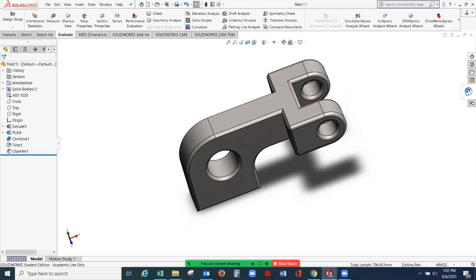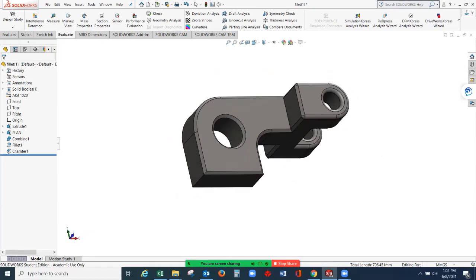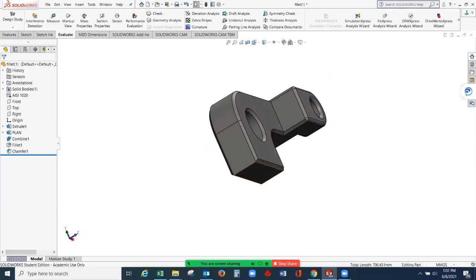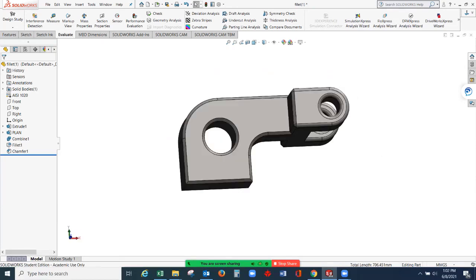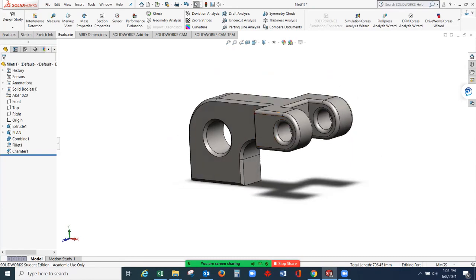Remember, the mass properties of a given part depend on how you apply the chamfer on each corner. As you can see here, I didn't apply a chamfer on some of the edges. So apply fillet and chamfer only whenever you need it.